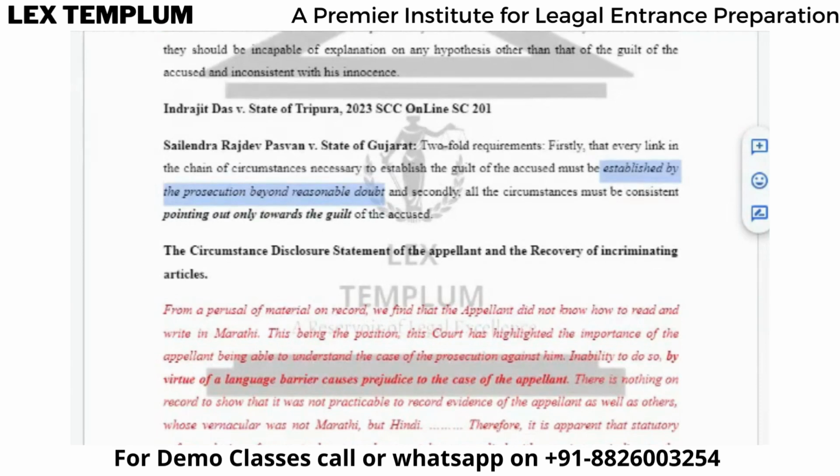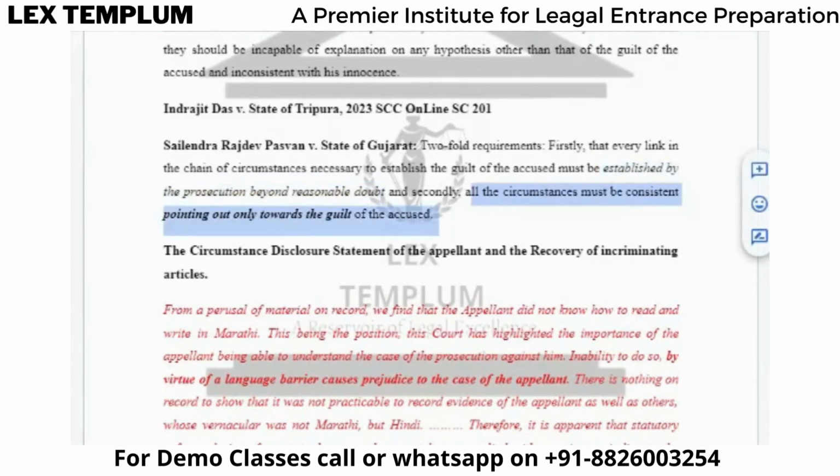First thing. Secondly, all the circumstances must be consistent, pointing only towards the guilt of the accused. Whatever circumstances, whatever evidence, incidents the prosecution is referring to in this chain, all these circumstances must be pointing towards the guilt of the accused only and nothing else. Means suppose